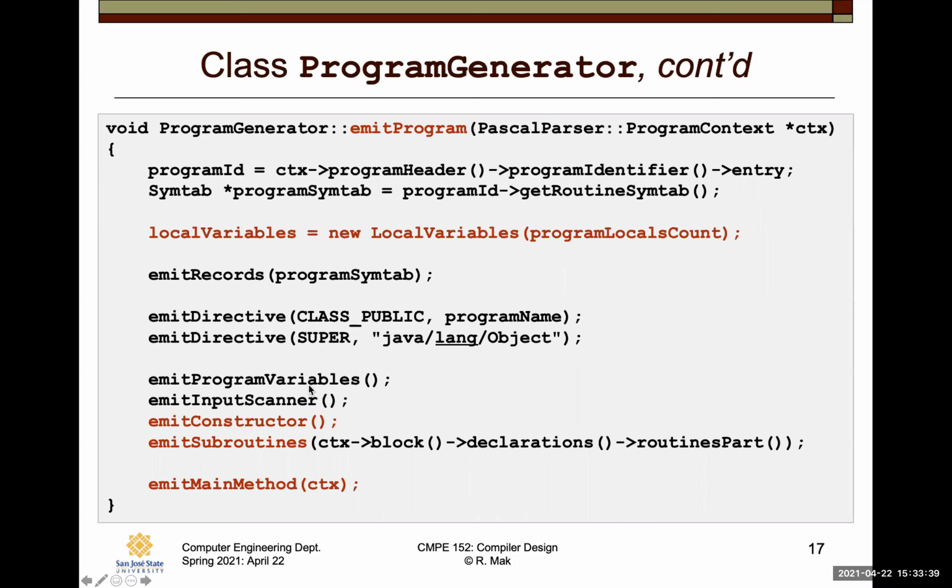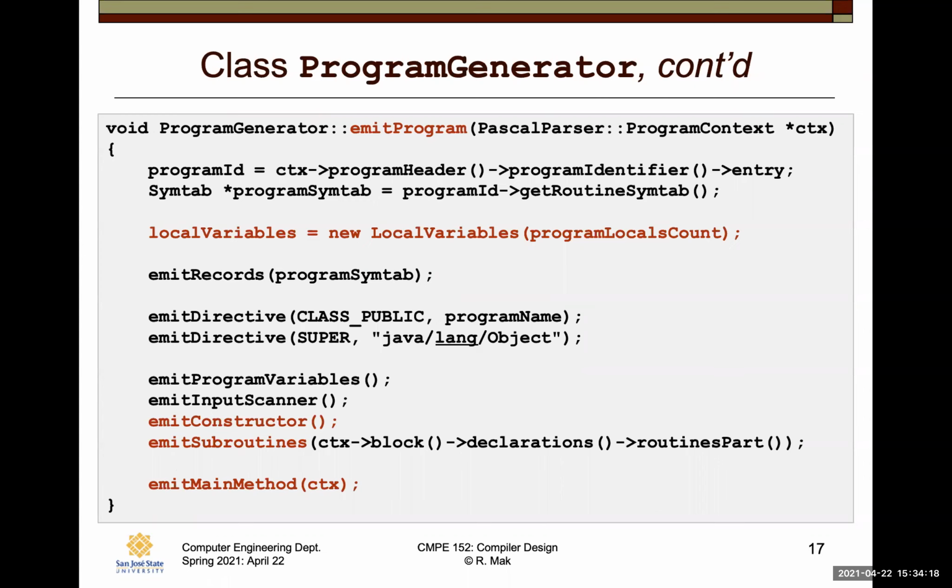I emit code for the program variables, the boilerplate code for the standard in, the constructor of the main class, any nested procedures and functions, and then finally the main of the program. So emit program just basically goes through and does everything sequentially,